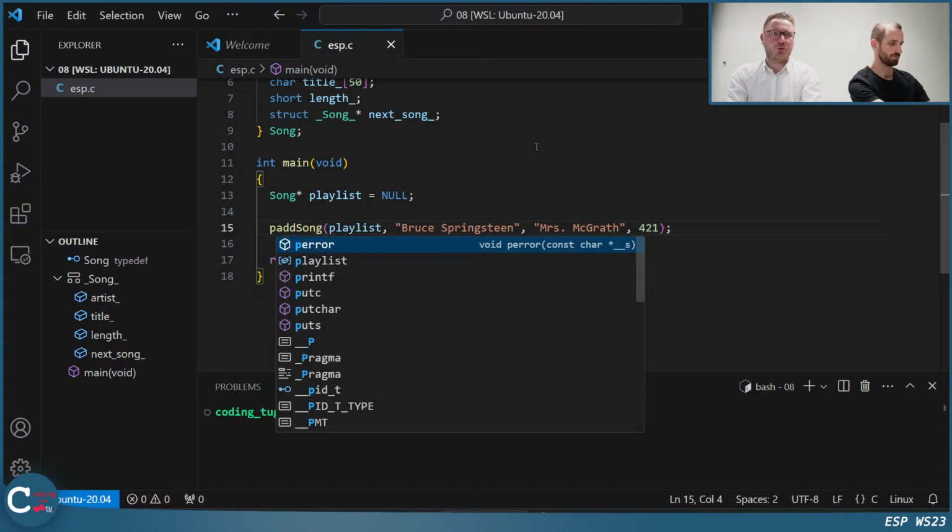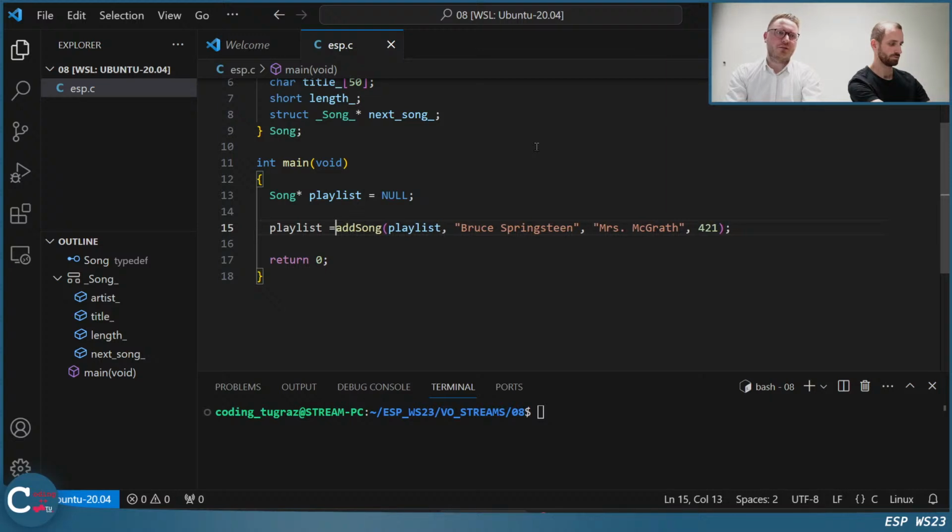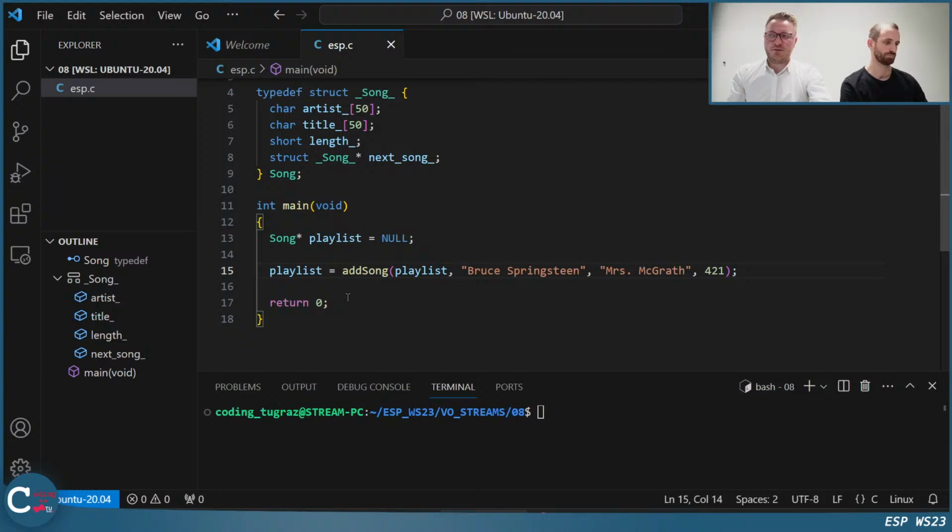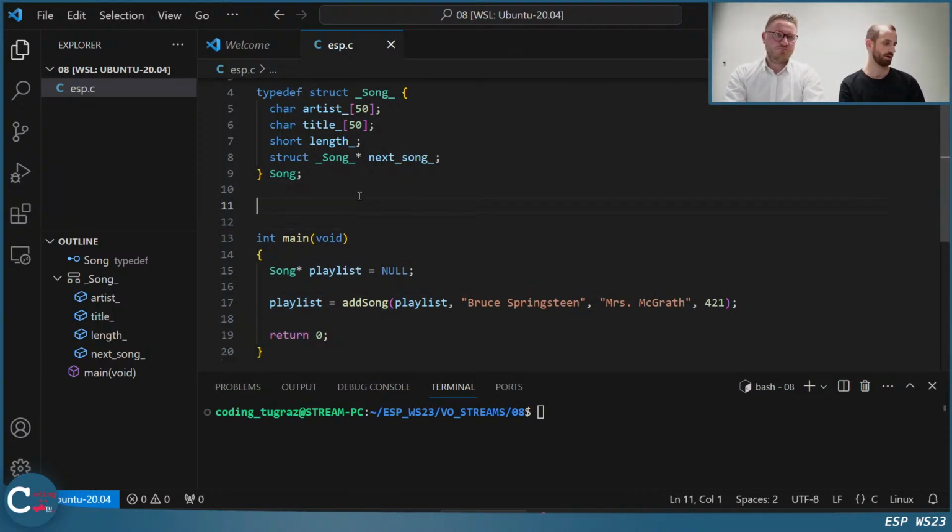What we could do is we save this in the playlist then. All right. Everything clear so far? Yeah. Okay. Just short comments, but I can answer them. Perfect. Okay. Now we want to write an add song function. And for the add song function, we need some things.